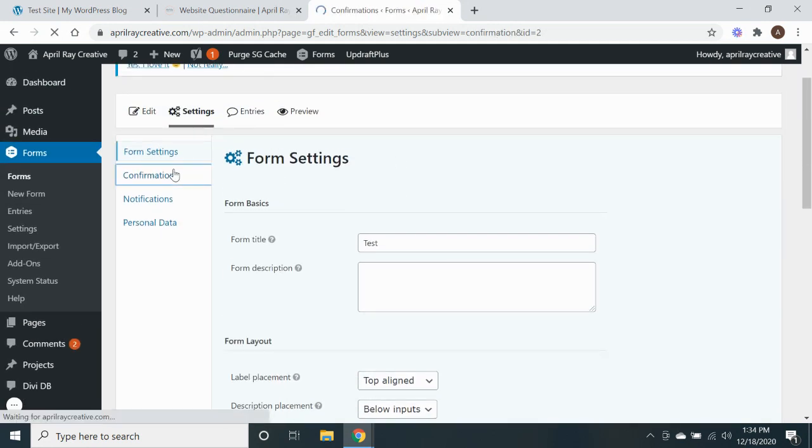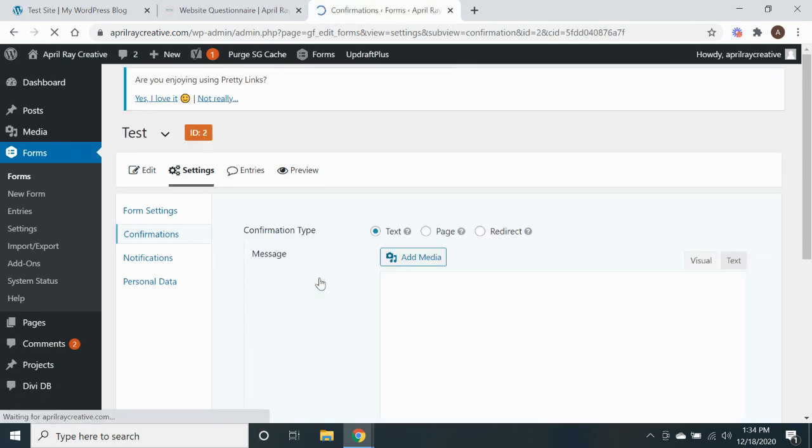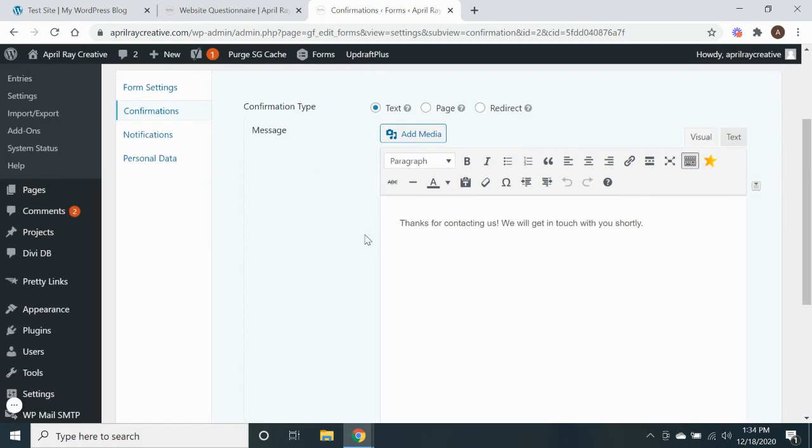Next, you can go to confirmations, and this is what people will see once they complete the form. So let's click on that to edit. And you can just change this however you want. Thanks for contacting us. We'll get in touch with you shortly. That is the standard